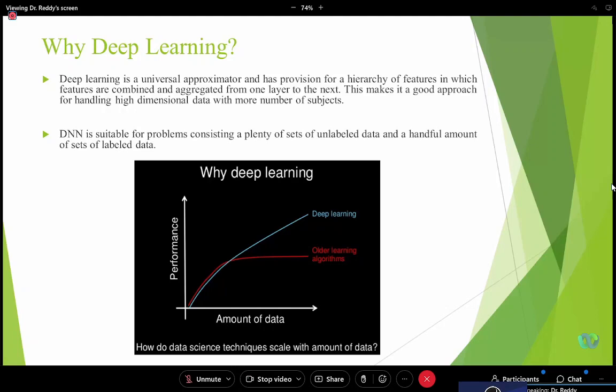when the data size is growing faster and faster, more and more, normally the performance will increase for every other learning algorithm up to a certain state, a certain breakpoint. After that, either you can see some decrement in the performance or it may stay the same, with no much improvement in the performance. Are you following me? Whatever the size of the data you are taking, any other learning algorithm will increase the performance up to some level.